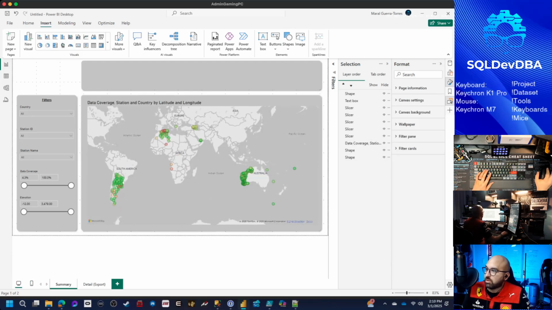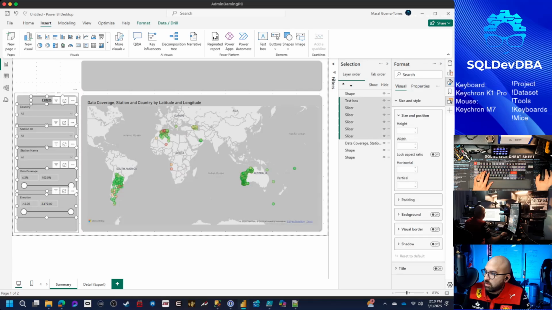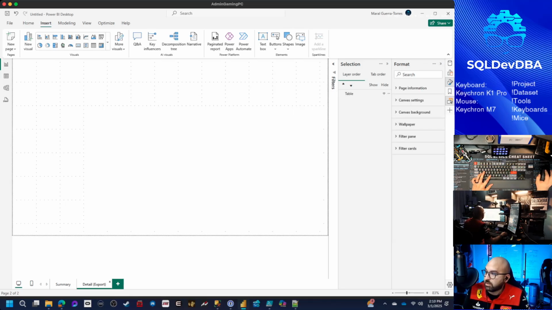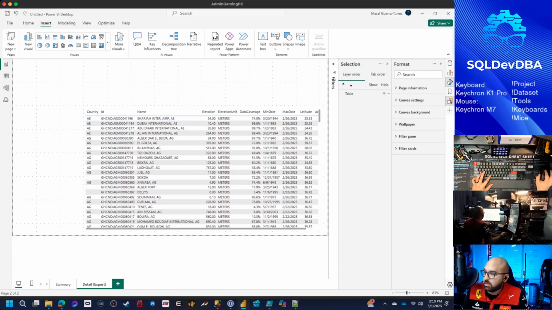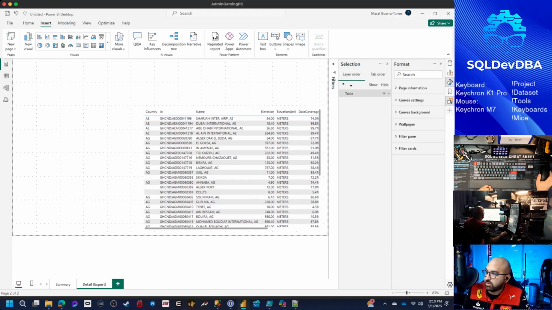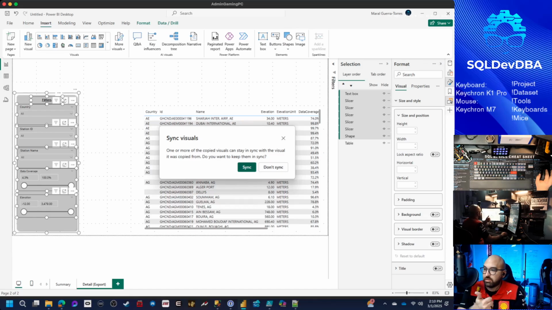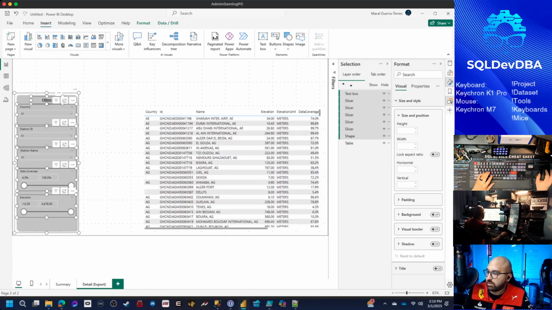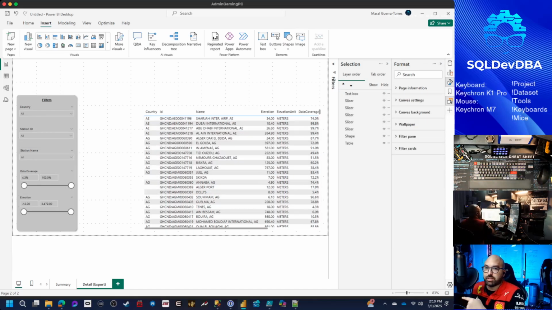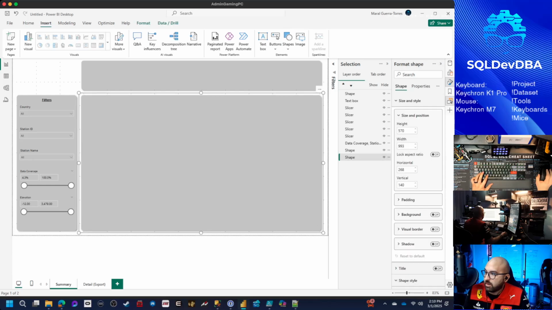Great. So this filters here, I'm going to go ahead and copy everything. Hopefully it's everything. Nope. Didn't include the box. So I'm just going to hold control and include the box. Copy it. And then I'm going to paste it right here on this page. And it's going to ask me, do you want to synchronize the slicers? Yes, I do want to synchronize them. And now all the slicers that I have selected on one page will automatically transfer over to the second page, which is pretty cool. Then I'm going to select this box and this box using control,